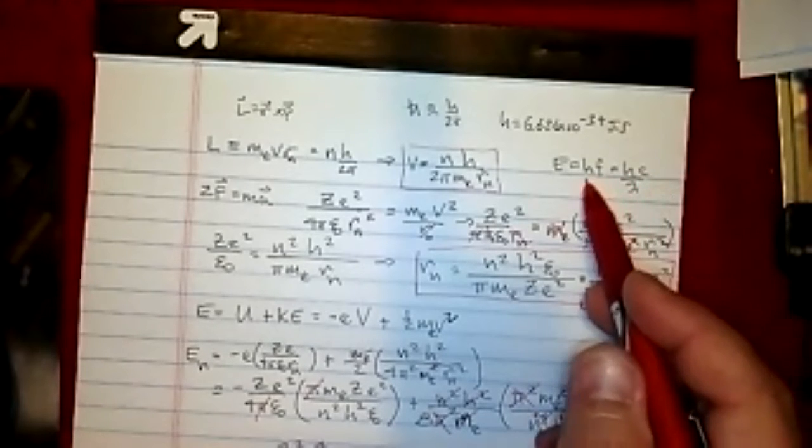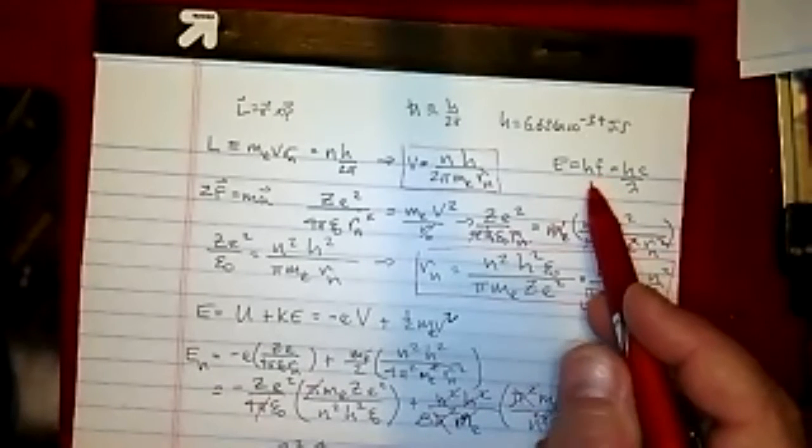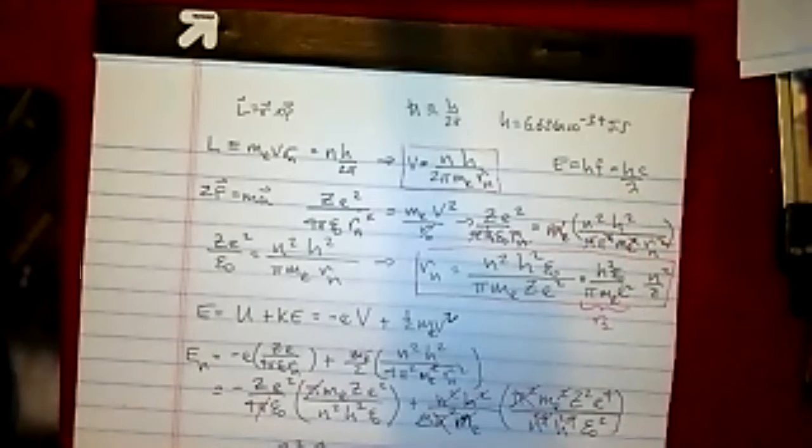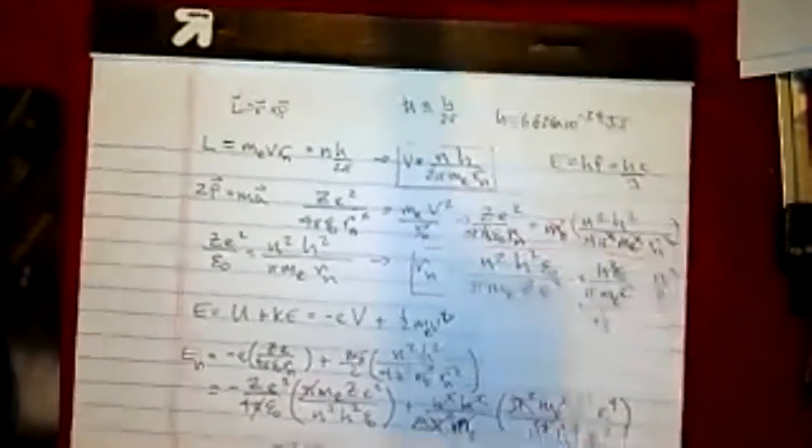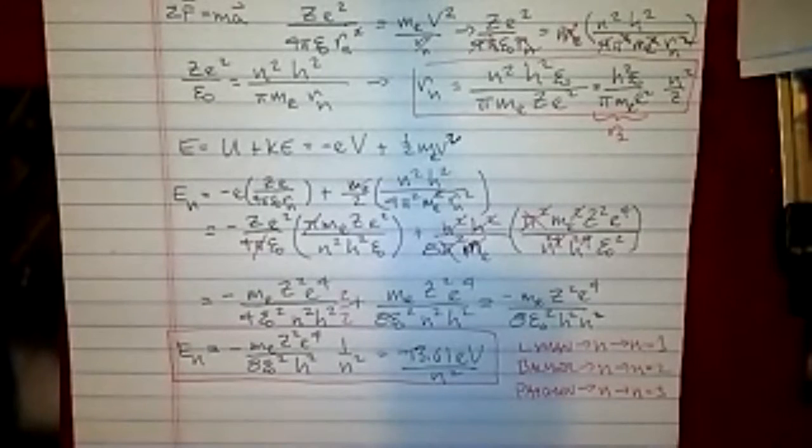Or you could set that equal to h times f, and then solve for the frequency, and again, you'd be done. So that's a really nice way you can immediately calculate what wavelength or frequency you would expect for an electron transitioning from n equal 3 to n equal 2, and that should be something you can determine experimentally. But if we take that a step further and realize what's going on at the end of the